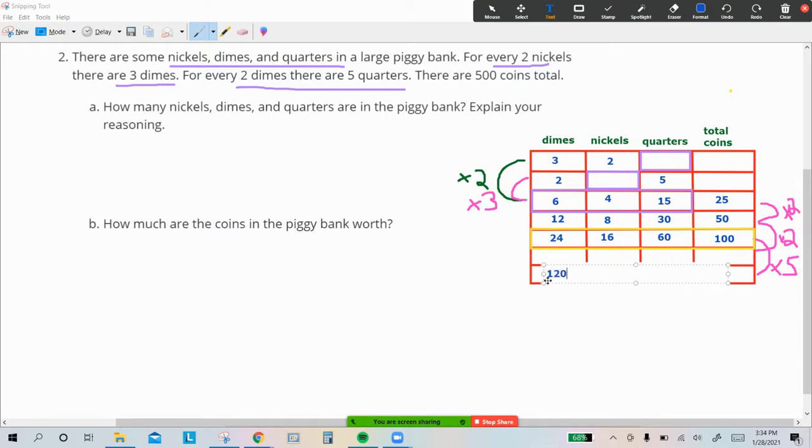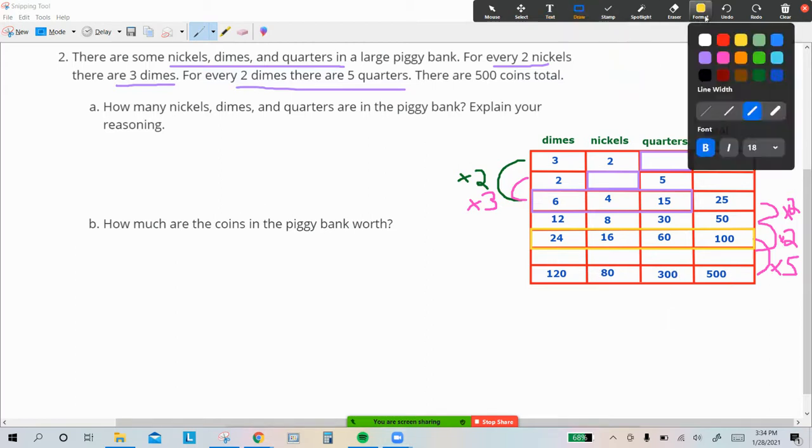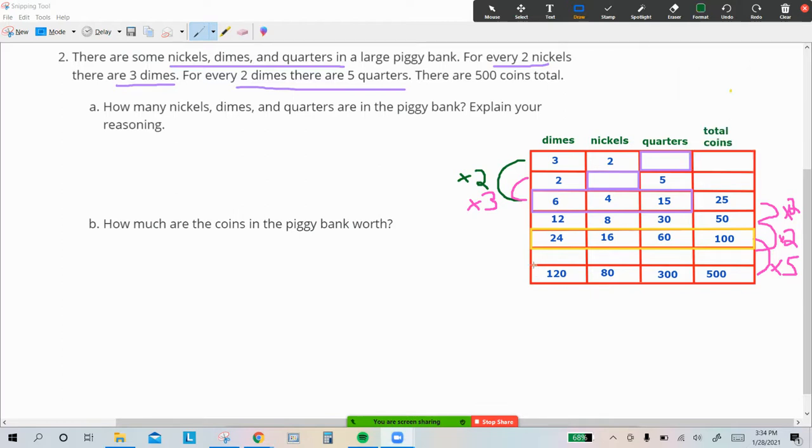24 times 5, I know that 20 times 5 is 100, 4 times 5 is 20, so I have 120. I can check my math by adding these all up. 120 plus 80 is 200, plus 300 is 500. So this row represents how many nickels, dimes, and quarters are in the piggy bank if there's 500 total. So our final answer is that there are 120 dimes, 80 nickels,